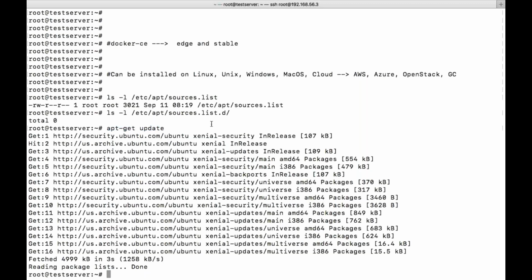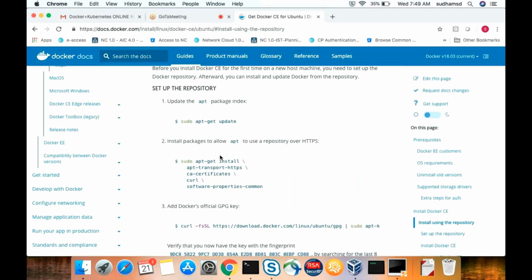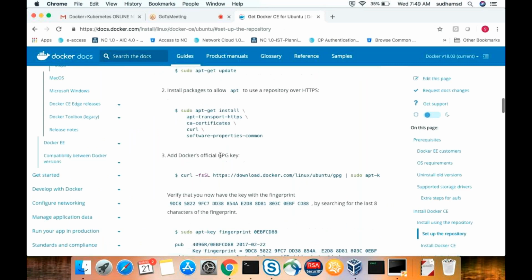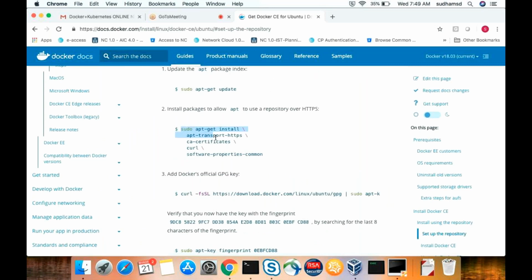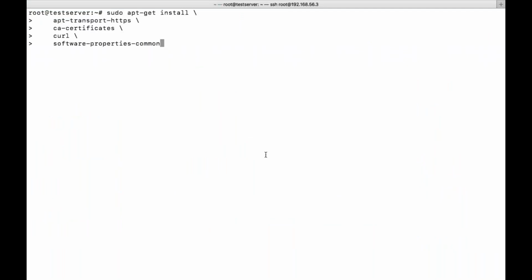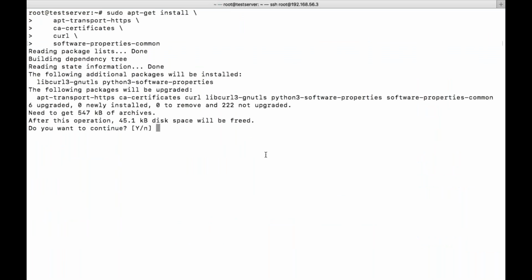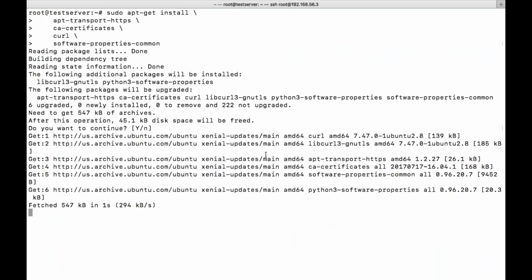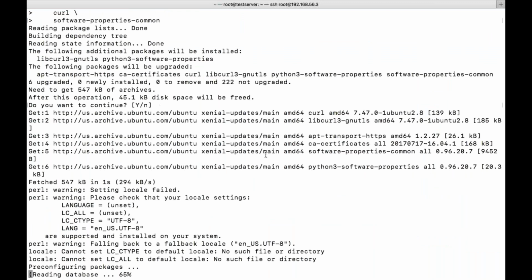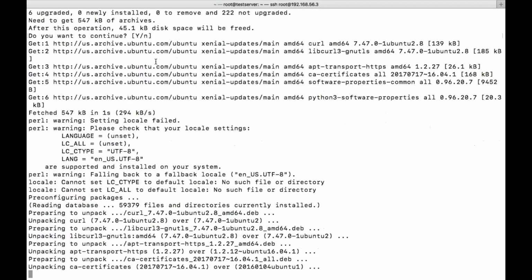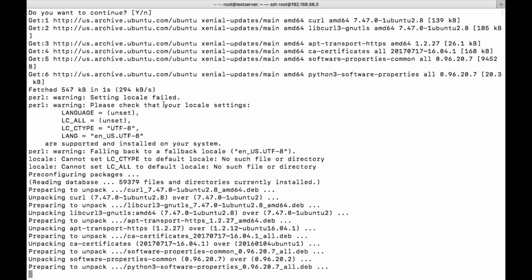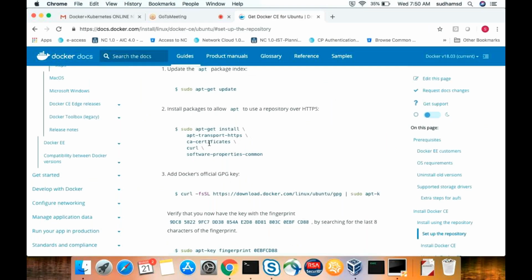Now, after this, we need to install the minimum packages required in order to install Docker. There will be some minimum package requirements that need to be installed. A sudo command is not mandatory because we are already logged in as the root user. If we are doing it from a different user, then we need to have sudo before that, and that user should be a sudo user. So here I'm trying to install the packages. These are the minimum packages: apt-transport-https, ca-certificates, curl, software-properties-common. If you want to execute this command, we need to have the curl package, right? That's the reason we are using it here.